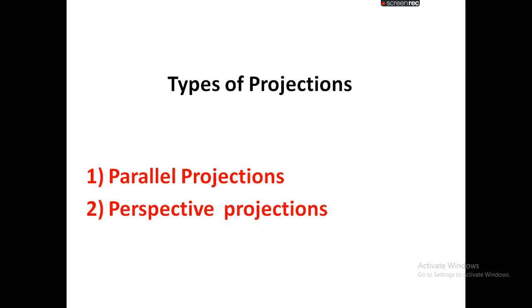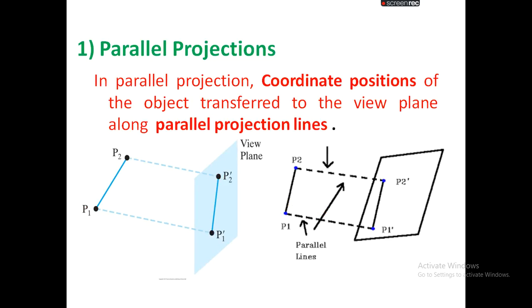Now I would like to repeat why we need projections in computer graphics. When I want to project an image description or object description on the projection plane, I need projections. So we will see what the first type of projections is. We use the first type of projections to project the image description on the projection plane using parallel projections.